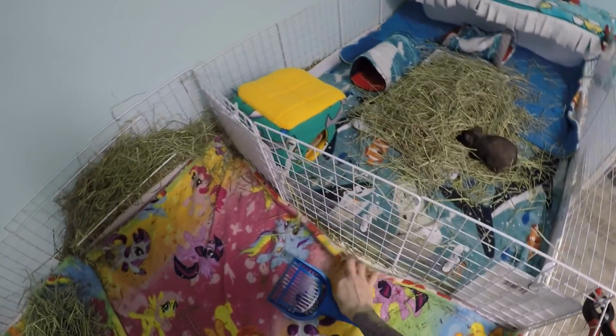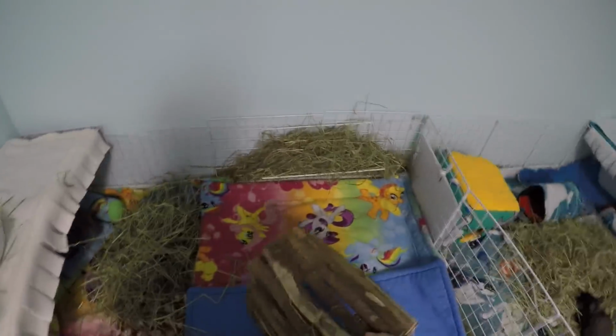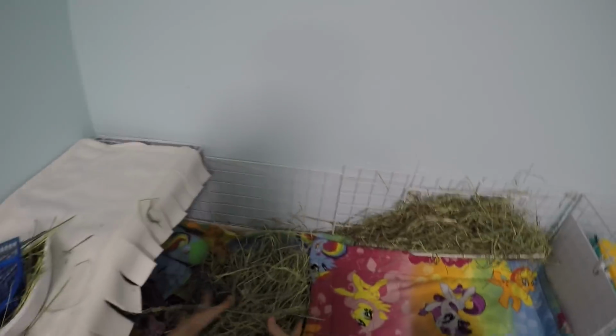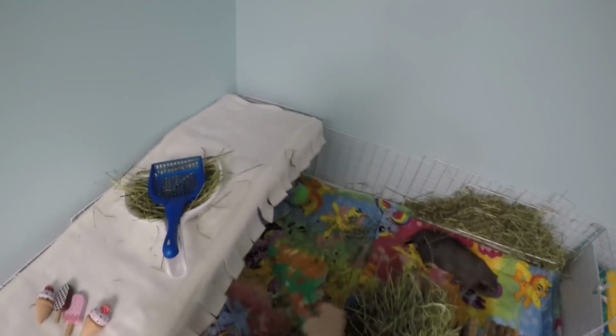Had somebody ask me the other day how come I don't use some of the other fleece choices I have. I seem to use the same types of fleece. I actually have sold a ton of my extra fleece on my Facebook page. I kind of stuck with my favorite ones and sold a lot of the other stuff. I just wanted to work my vet fund back up because we had quite a few vet bills. And also, there's a lot of extra stuff that I wasn't really using. I was kind of going with my same favorite prints anyway. But we had a bunch of medical expenses to do with